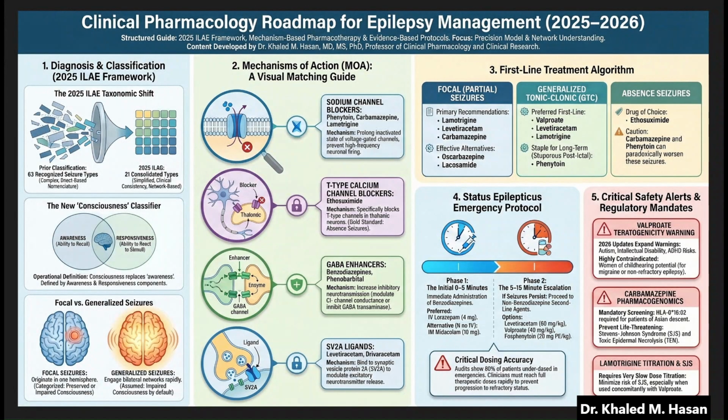These specifically block T-type calcium channels localized in thalamic neurons. This mechanism is considered the gold standard for treating absence seizures by disrupting rhythmic thalamocortical spikes. GABA enhancers: benzodiazepines, phenobarbital. These agents augment inhibitory neurotransmission. They either modulate chloride, Cl-, channel conductance to hyperpolarize the membrane or directly inhibit GABA transaminase to increase synaptic GABA